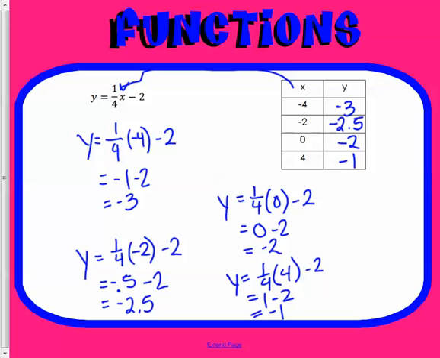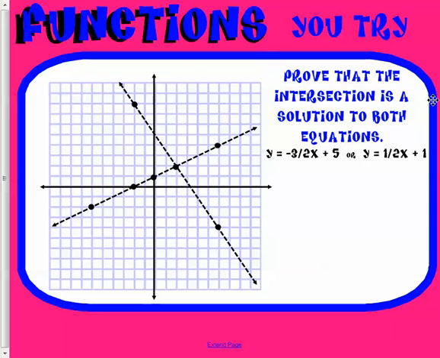So sometimes we need to prove that these are solutions to equations. For example, prove that the intersection is a solution to both equations. So what is my intersection point? If I look here, this is 2, 2, right? Because x is 2, y is 2. So we want to prove that this equation of this line and this equation of this line both have 2, 2 as their solution. So if we plug in negative 3/2 times 2 plus 5,